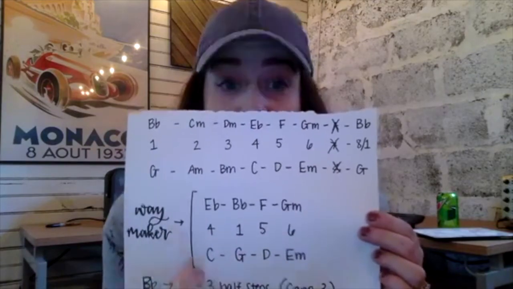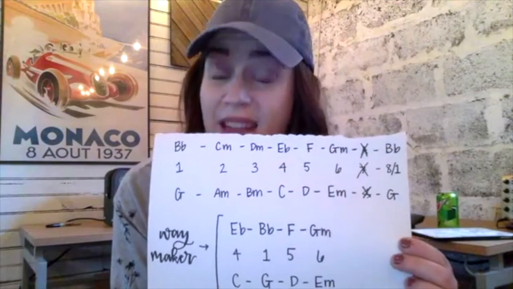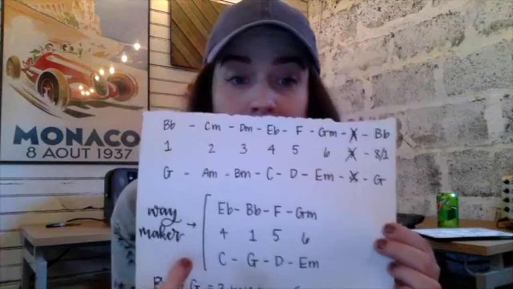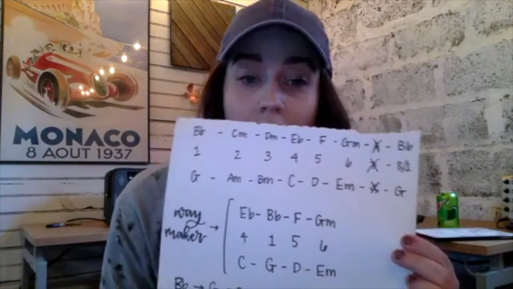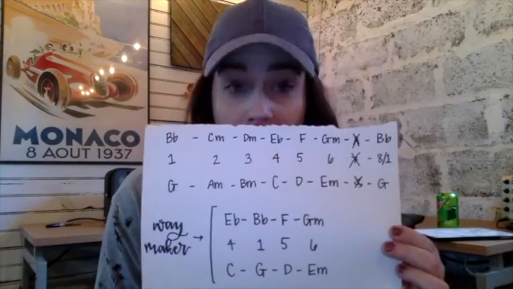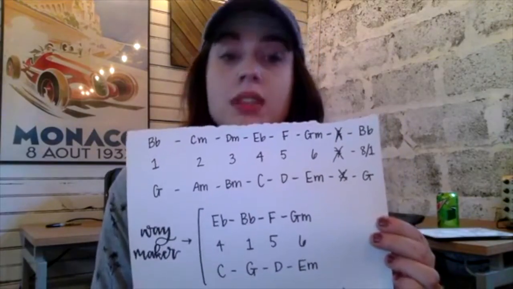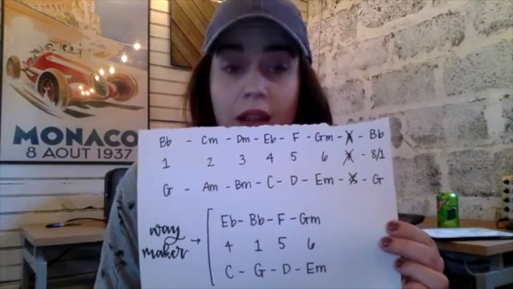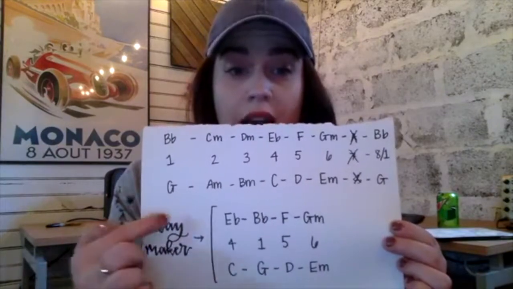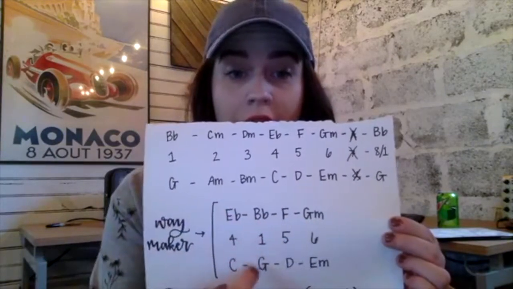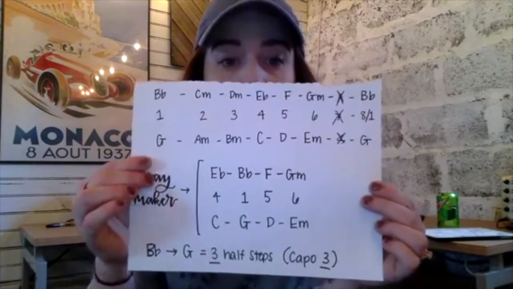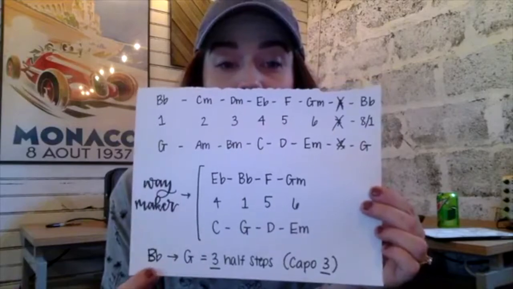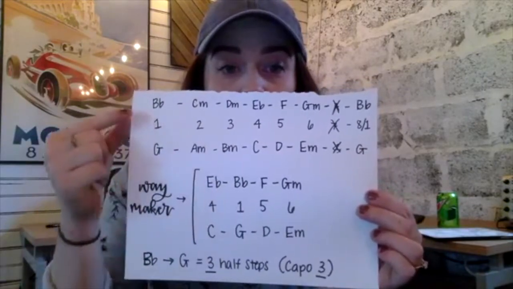So when I have capo 3 on and I'm playing in the key of G, that means I'm playing C, G, D, E minor the whole song. Again, if you get familiarized with the number system and theory and just understanding what the keys are, I can look at this 4-chord progression and I know in my head to play these chords. Okay? So again, just making sure that you are starting with